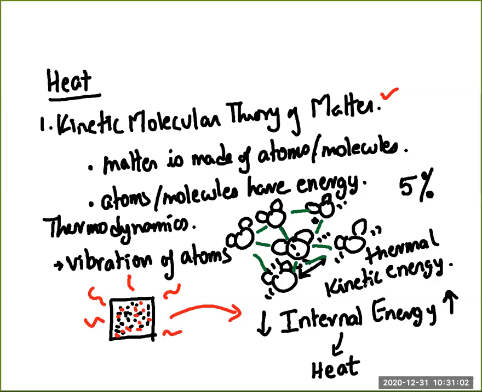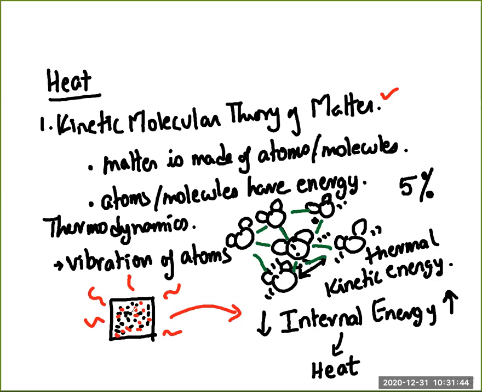Now we can discuss what happens if the vibration increases or the vibration decreases. Okay, so when the body is given an external source of energy, then the vibration can increase because the molecules will absorb the energy and they will start vibrating more and more about its mean position. So its mean displacement would increase. Now we say that this body, or at least the molecules and atoms, have greater internal energy, and conversely, if they lose energy to the surroundings, they are losing energy, and therefore their internal energy decreases.